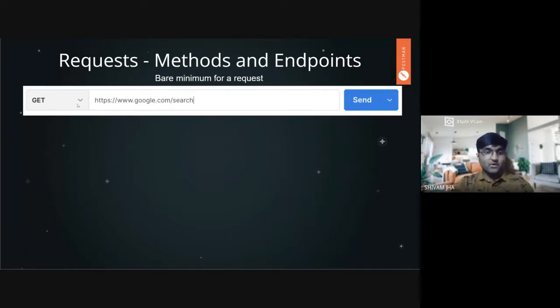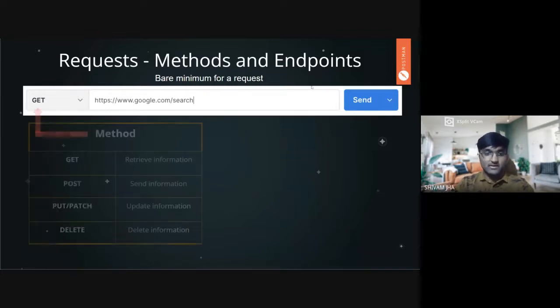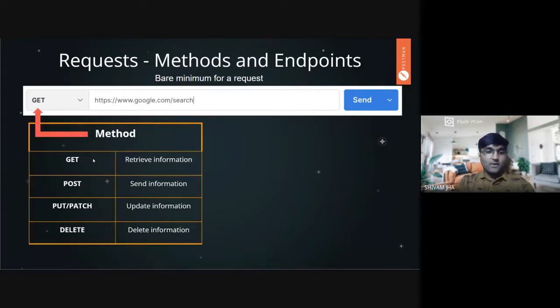So this is your method, GET, and then you specify the URL, http://google.com, and this /search is the path. Point to be noted, the URL comprises only from the h till .com/, and then search is the path where specifically your GET request will be listened to. Then we'll click on the send button. Now GET is used for retrieving information, just as I said. POST is used for sending information. PUT and PATCH are used for updating information. Now there's a gray line of difference between PUT and PATCH. We'll talk about it soon once we see DELETE.